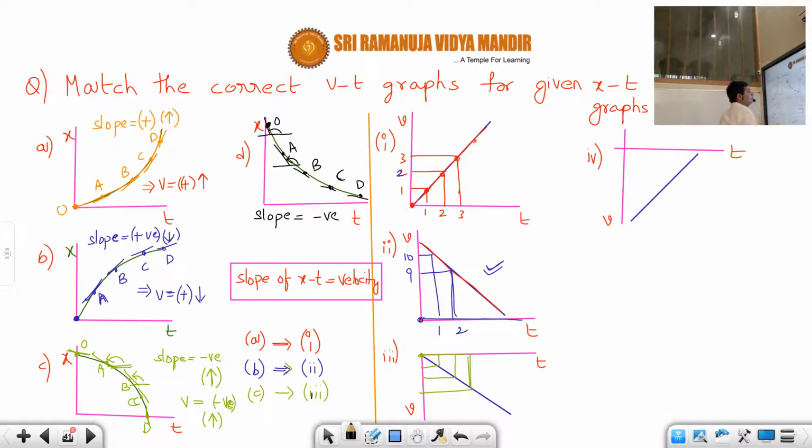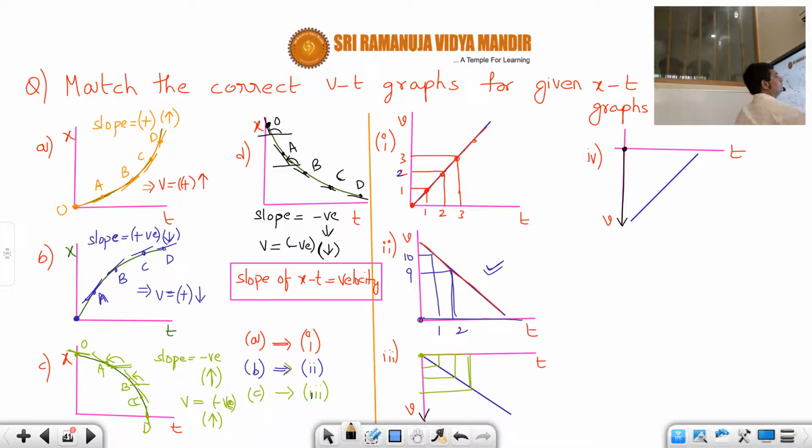Slope is negative. And now we have to tell whether it is decreasing or increasing. Here don't see the sign, okay? The best is to see the steepness. Now at O, is it steeper or less steeper, students, compared to D? At D it is less steeper. As you are coming from O to D, the steepness is decreasing. Steepness decreasing means the slope is decreasing. And we know the slope of an xt graph is nothing but velocity. So velocity must be negative and also it should be decreasing. Correct or not? Now if you see the fourth graph, velocity is negative definitely because it is below. Correct or not, students? It is below. The third one and fourth one are below.